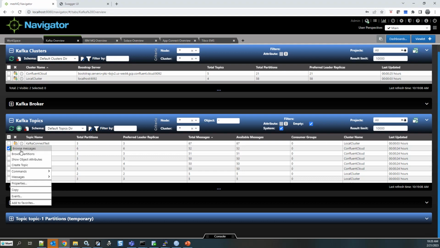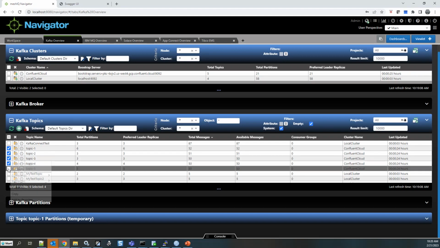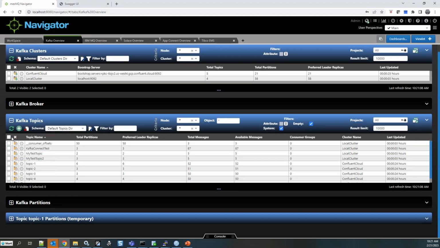You can also do actions from here. So again, we could put new messages on a topic. We could bring a file of messages in. In fact, I'll demonstrate that in a little bit. We could change the properties for that particular topic, and so on. But in reality, we can even go beyond there. We can pick all of these, and we could basically do the same thing. I could put messages onto all of these topics. I could make actions against all of those topics. Okay, so we support that. And in fact, you can see I can pick everything if I really wanted to.